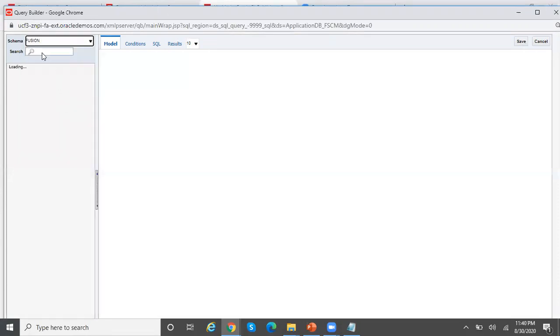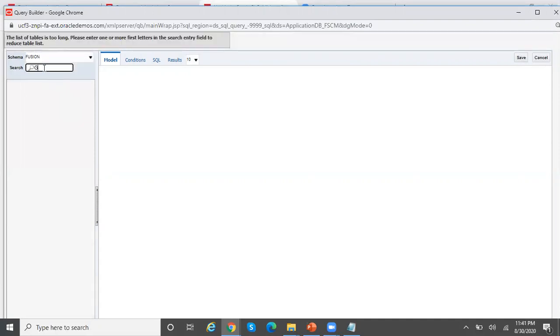And then select two tables. Here, my requirement is to pull the data from batches as well as the journal headers. So I'll be selecting GL_JE_BATCHES as well as GL_JE_HEADERS, and I'll show you how to create a join between these two tables.